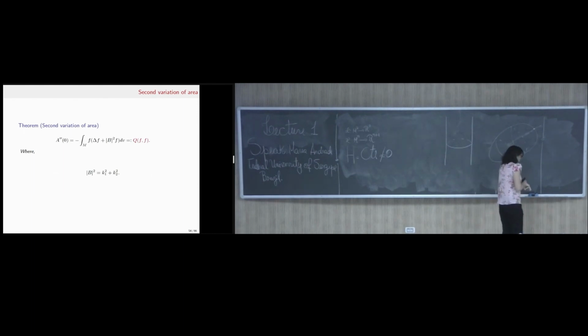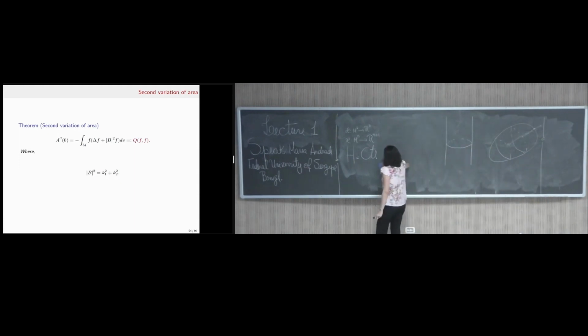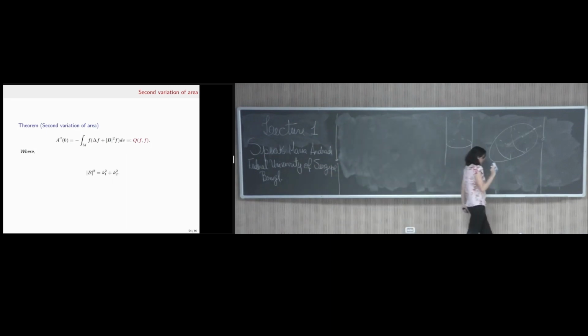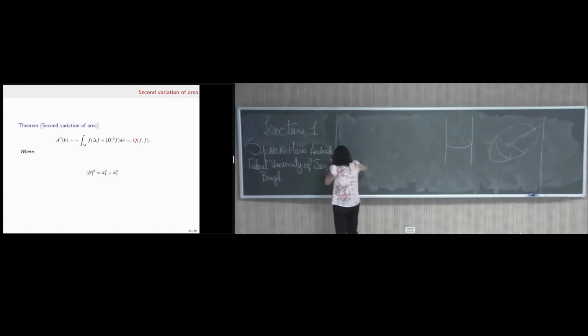Now, to talk about stability, you need to calculate the second variation of area, and you can prove that this expression is very important for us. I put this expression here because after some minutes I will use it. And remember, I want to classify surfaces. First, I showed you that it is a critical point if and only if,